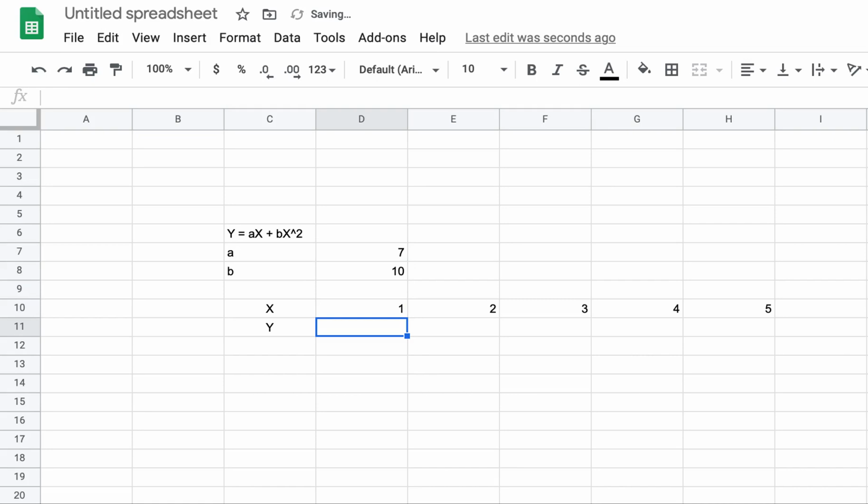Now what will be y, right? Y has references to 3 different cells. It has reference to x, it has reference to a, it has reference to b. What's the difference? The difference is x cell will keep changing because it is a variable, but a and b cells will remain fixed because they are constant coefficients. So how will I write the formula in this? That's the biggest question. So I have to find a first.